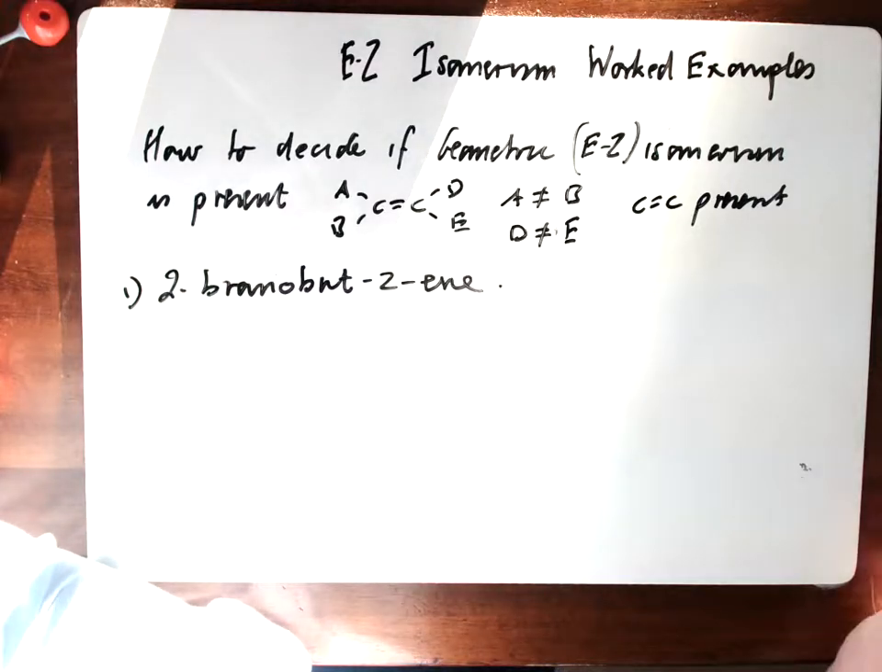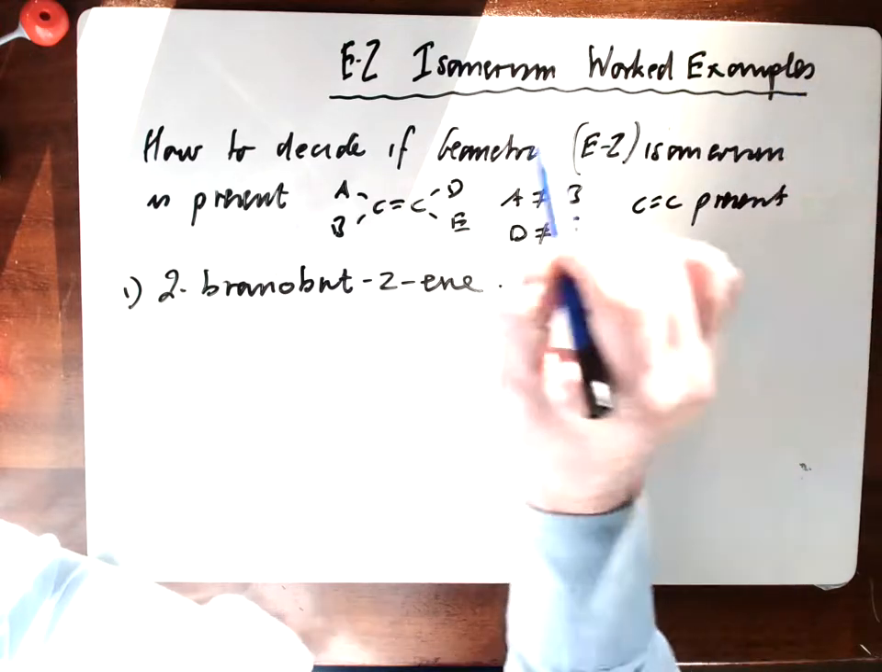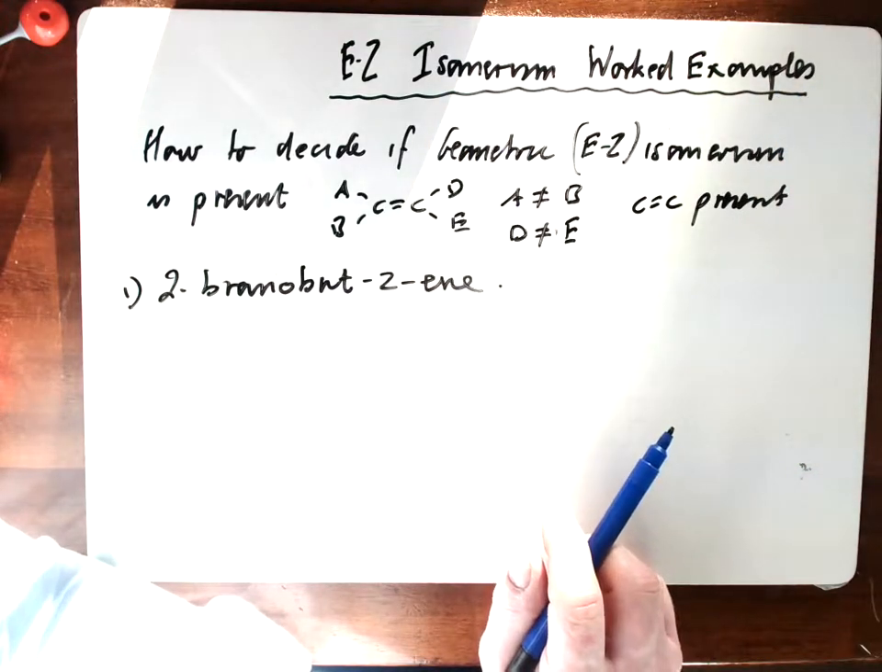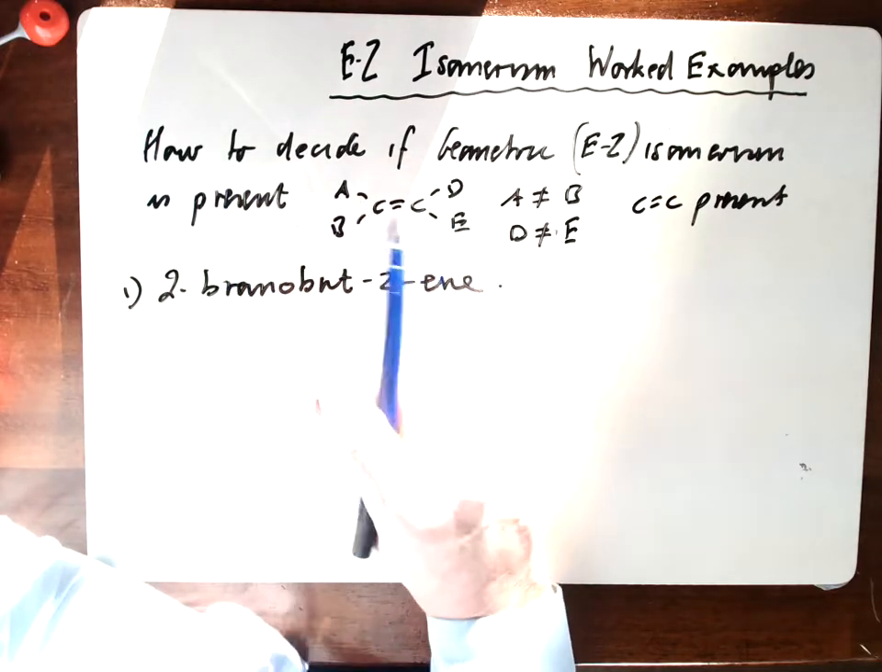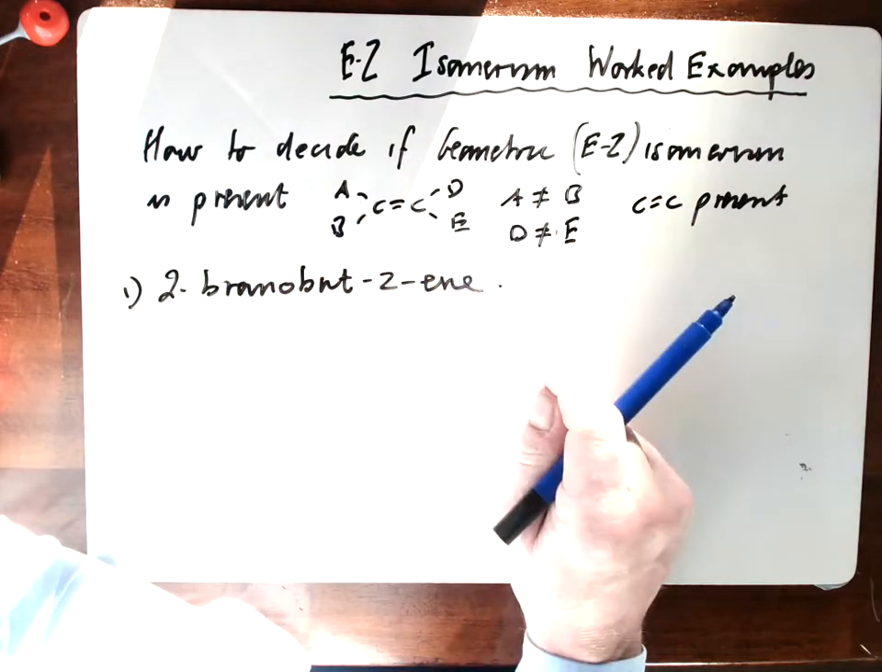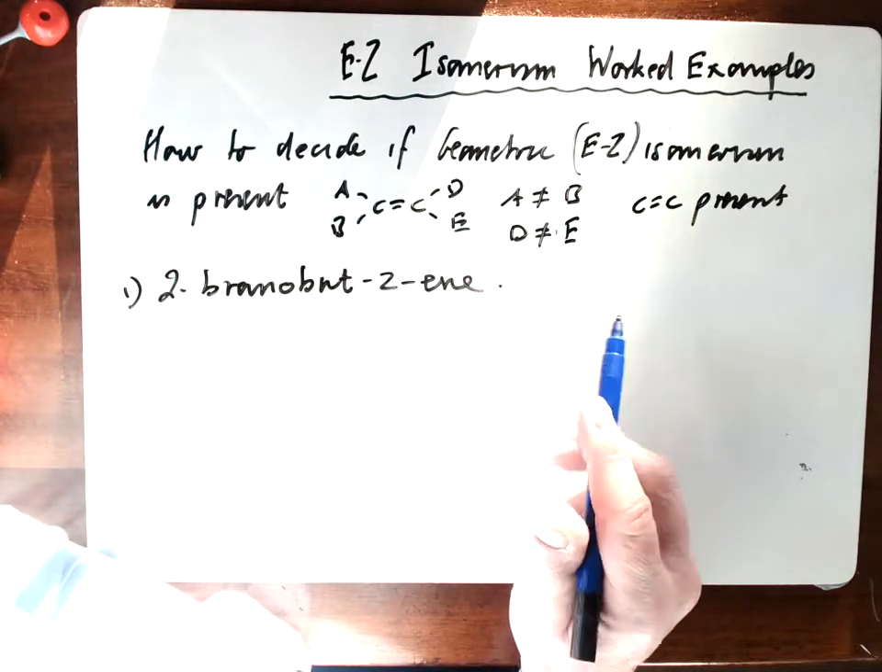Right, okay guys, so we're going to have a look at a quick video on some worked examples in EZ isomerism problems. What we're really going to do is, how do we take a structure or a name and decide if it actually does contain geometric EZ isomerism? Okay, if you remember from the last video, and it would be most useful if you had looked at the